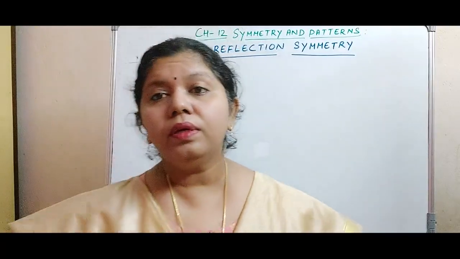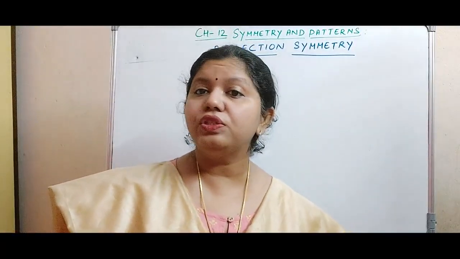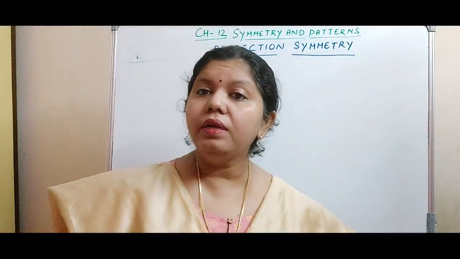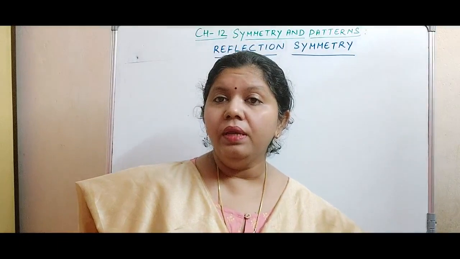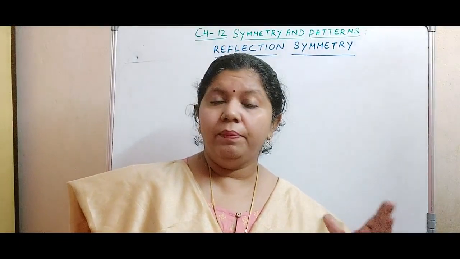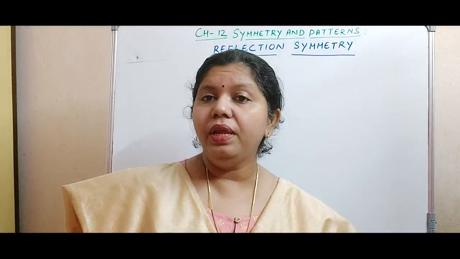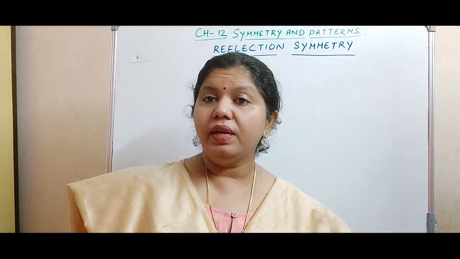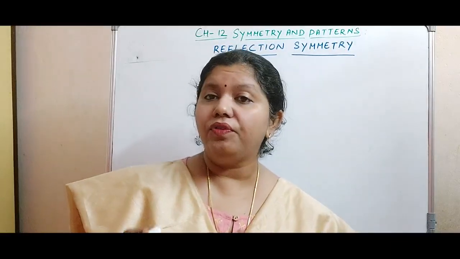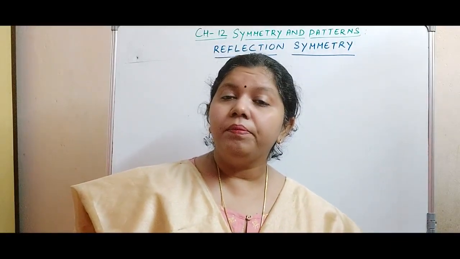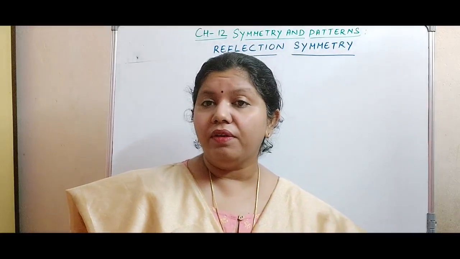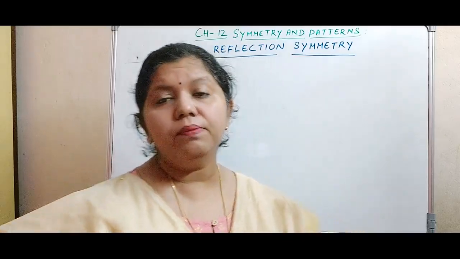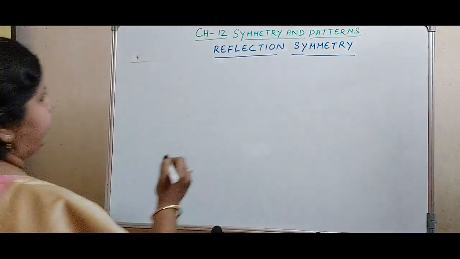Okay. So now what we are going to do is reflection symmetry. We have to understand reflection symmetry. This is a very important thing in symmetry, where we keep a mirror on the line of symmetry and find the reflection, to see whether we get the complete object after keeping the mirror on the line of symmetry. Are we going to get the complete object or not? So this means, for example, suppose I have an object, say for example like this.